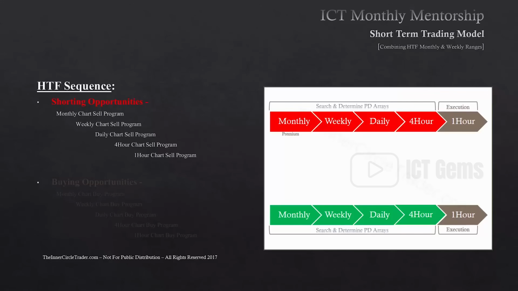When we're looking for shorting opportunities, we're moving from a monthly chart sell program. It means we're looking for the market to move away from a premium array, and we're moving down into the lower time frame, which would be the weekly chart, and we're looking for it to become a sell program as well. So we're looking for the market to move away from its premium arrays down into a lower time frame,